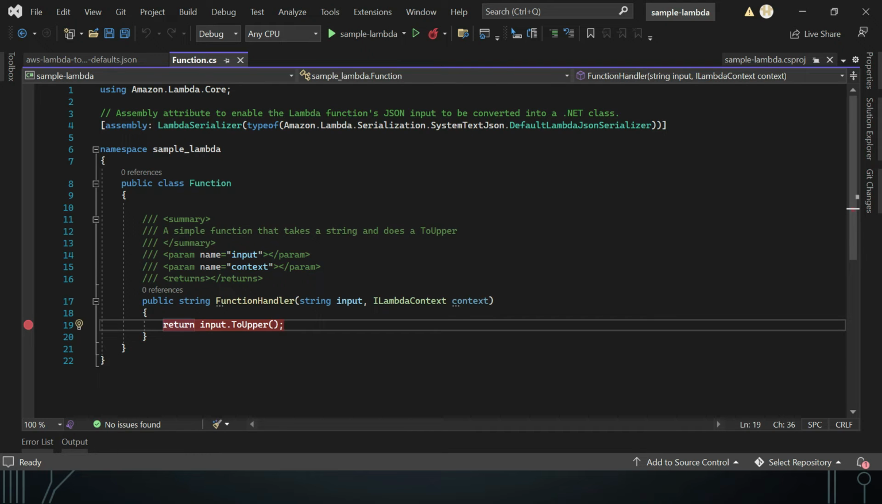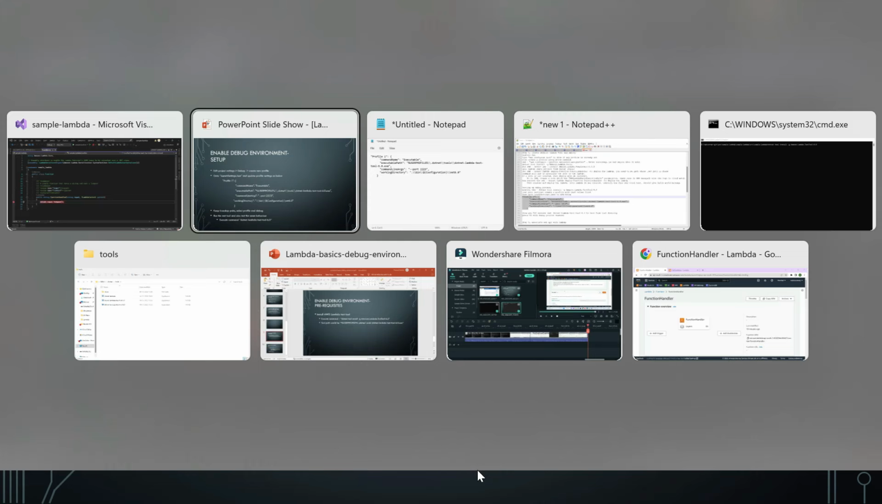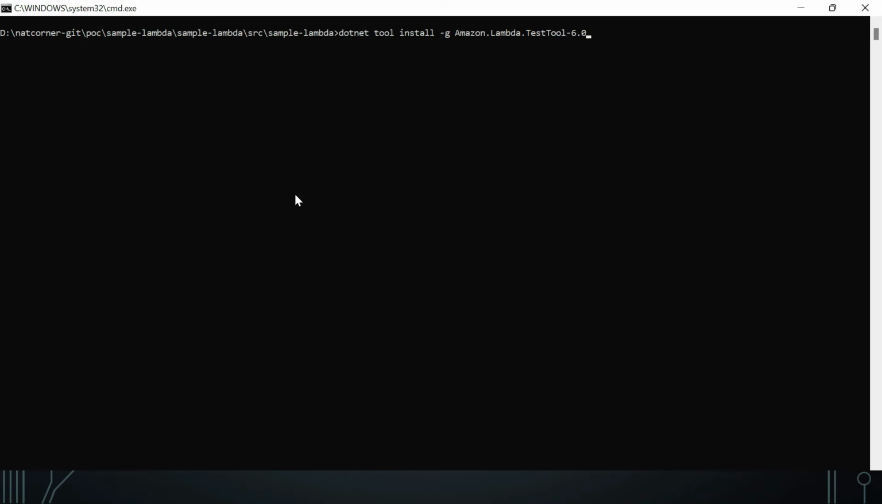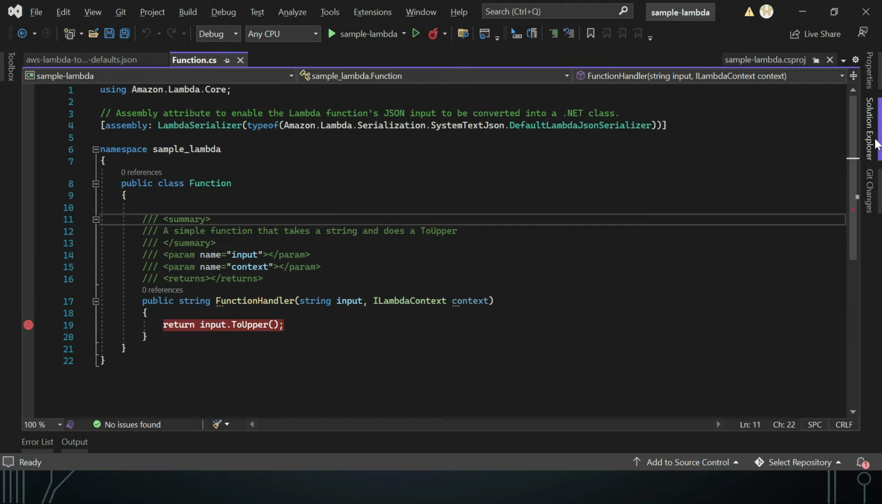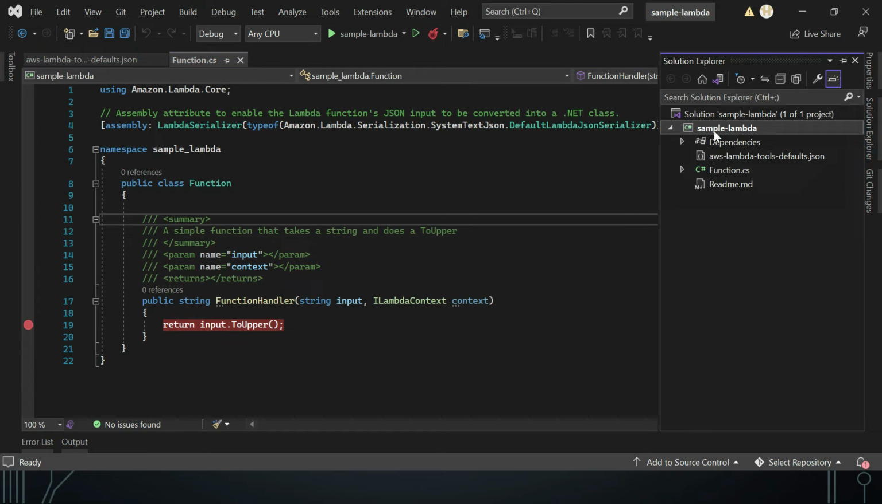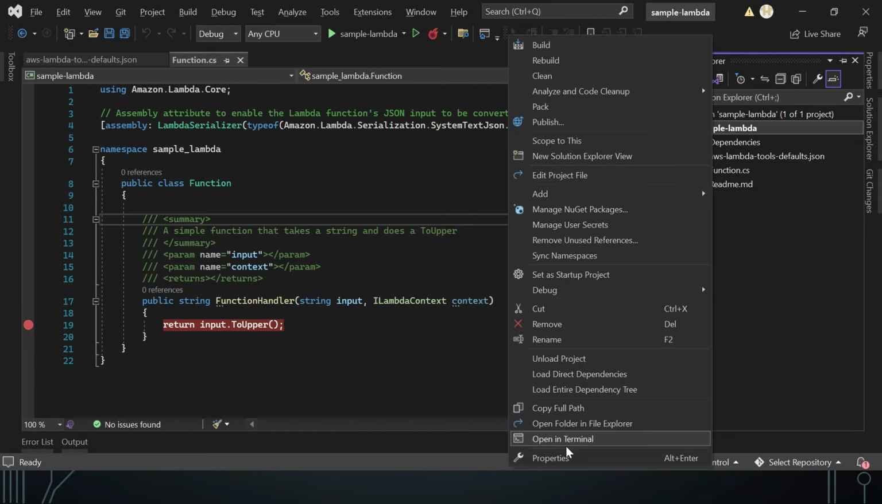For that we have to use a tool. So let's go to the tool. The tool is Amazon.Lambda.TestTool. We are using the .NET 6.0 runtime, so it is hyphen 6.0. For those who are using .NET 3.1, they have the same testing tool with hyphen 3.1 at the end. Once you install that particular tool, all you have to do is right click on your project, properties,